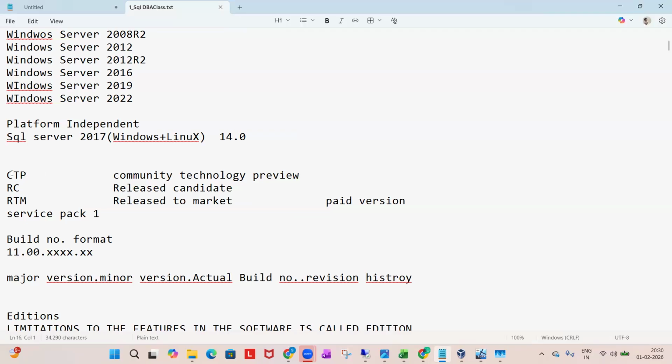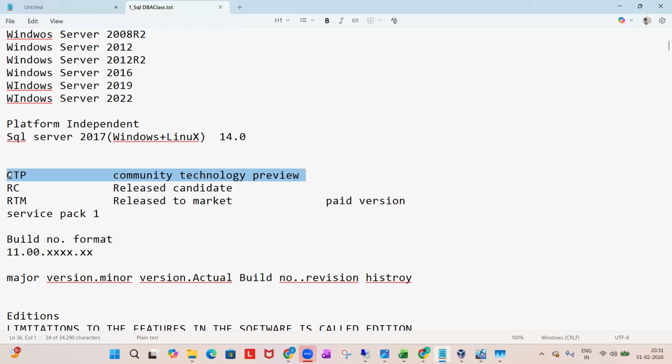So they will release the first test copy to the public. That is called CTP copy. Are you getting the point, guys? That is called CTP copy, Community Technology Preview. So if you are a member of the Microsoft community, you will get the updates about SQL Server 2028 one year before itself,